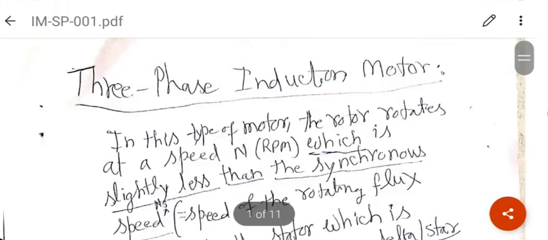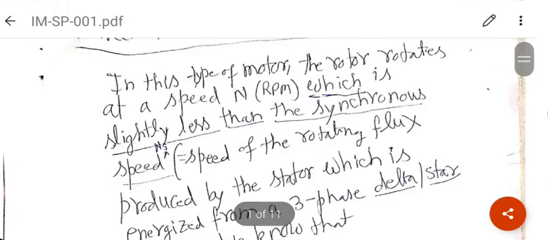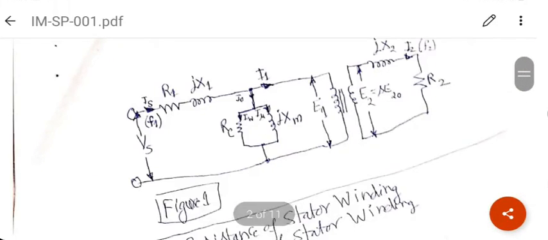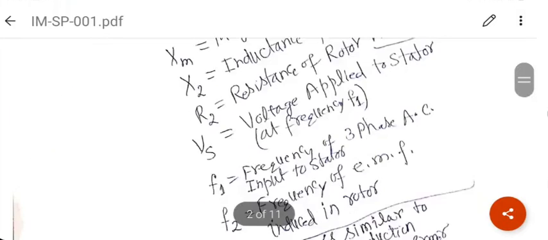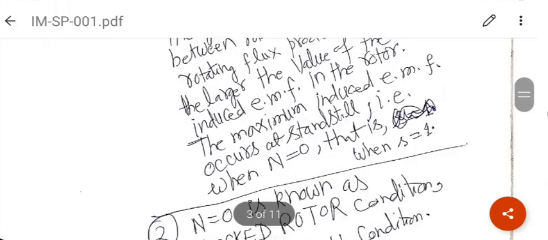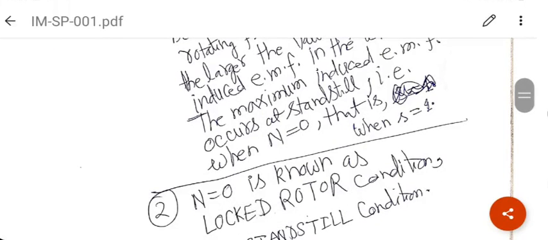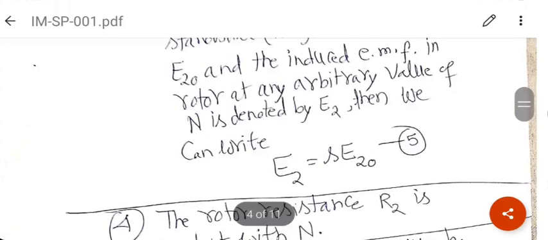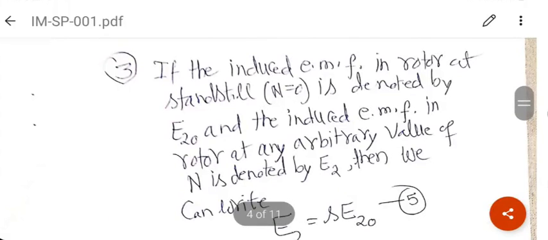Of course, in the secondary, it is short-circuited anyway. No voltage will be generated. But primary side or stator side is where you may like to know IS, I1, I0, etc. All that can be done based on this equivalent circuit and the equations that I have captured here. I'm not going to ask you to do detailed calculations here. It gets too much for a mechanical engineer. Now, with this background, let me look at a few solved problems without using the equivalent circuit too much.